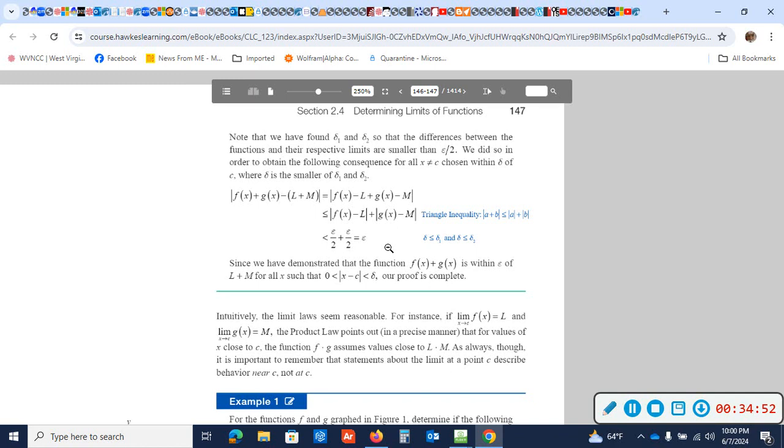That's cool and important and worthwhile. But it uses that epsilon delta definition. And